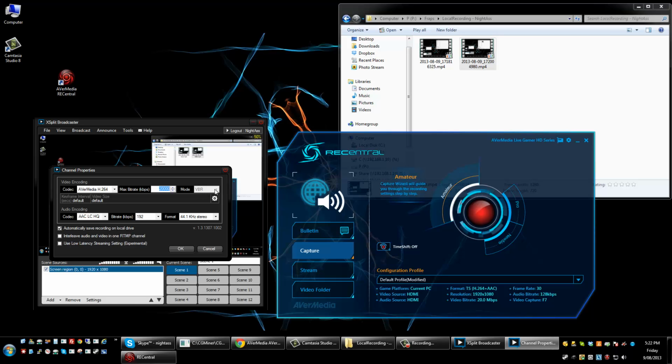I don't care if the files are 1 gig for every 5 minutes. I really don't care. I've got like 12 terabytes of hard drive space. It's not an issue. But I want the quality very, very good, which they don't support. I mean, I hardly want it to compress at all. I just don't want it to be like Fraps where it's like 5 gig a minute. Anyway, so I'll close that down,